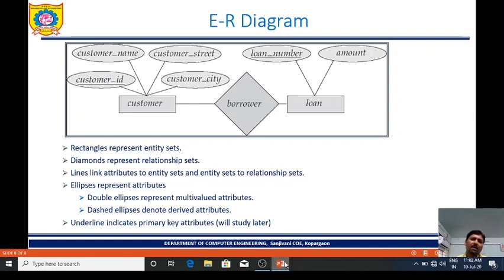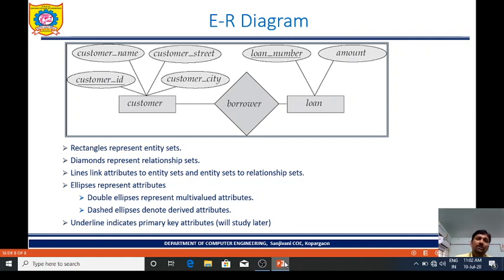Here we have two different entity sets, customer and loan. Customer has attributes: customer ID, customer name, customer street, customer city.